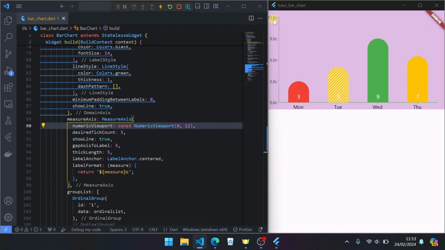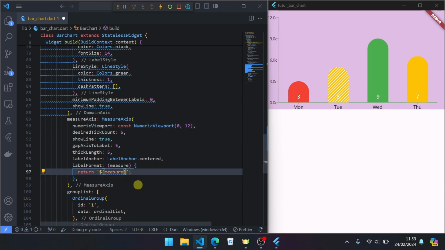Okay, now there are the units: 12.0 Celsius, 8 Celsius, 9 Celsius, 2 Celsius, 0 Celsius, or Kelvin maybe. Kelvin. And because the default number has decimals, we set toString with 0.